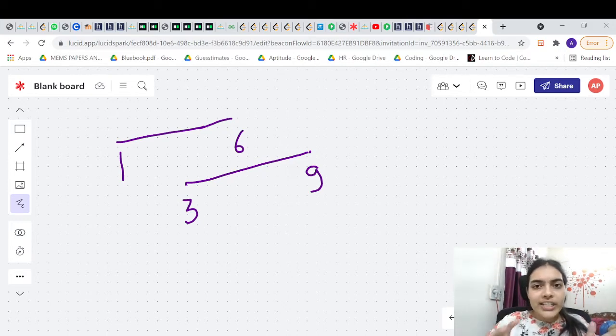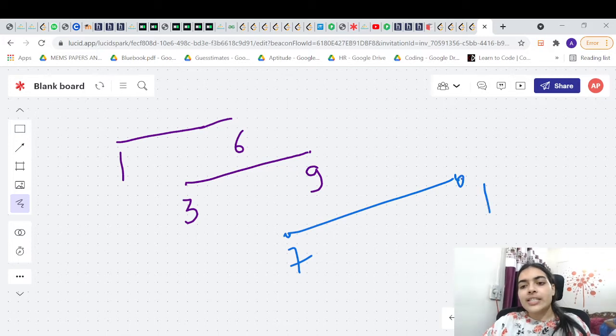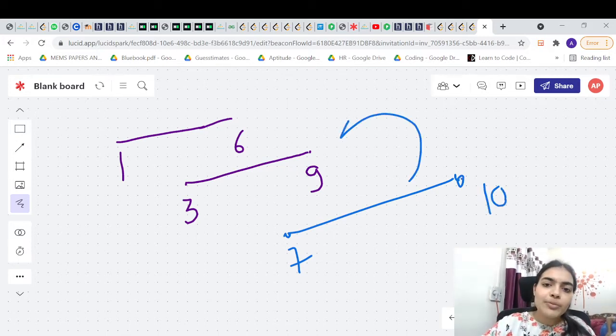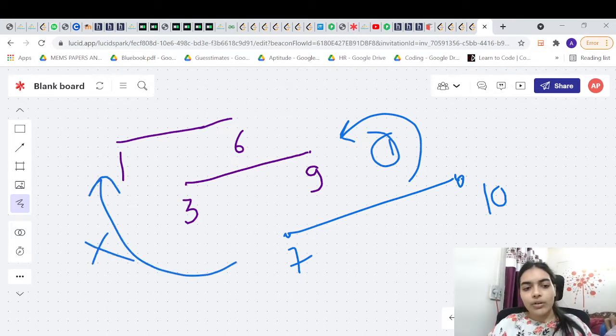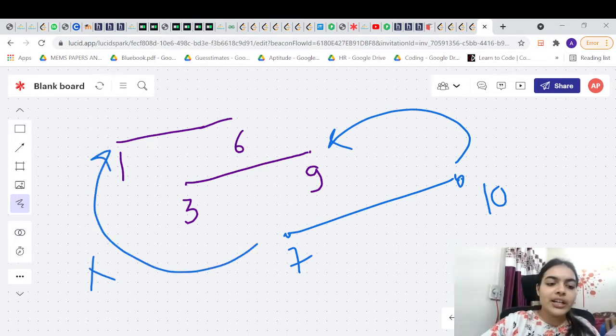But what is the other case that you have? The other case, which is very interesting, is that the next interval can be something like this, 7, 7, 10 or something like this, where it overlaps with only one of the intervals. It doesn't overlap with the previous interval. In this case, what will happen? It will overlap with the second interval only. It will never overlap with the first interval alone.